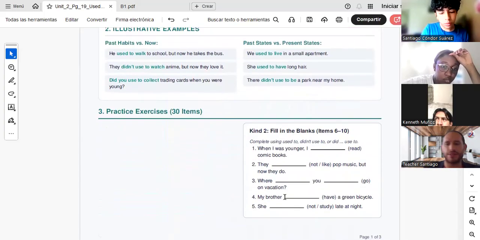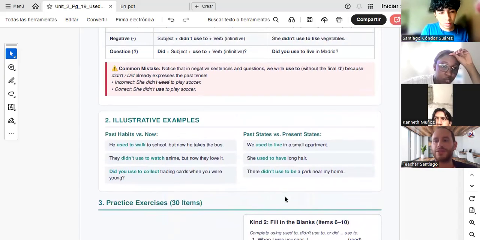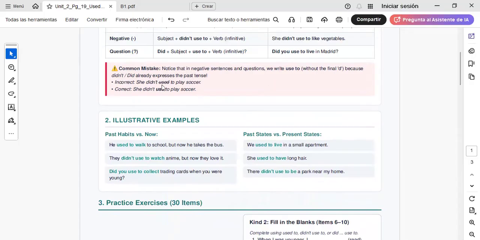So here we have some exercises, but I would like to try a writing exercise, okay? So in the chat, you're going to type 5 sentences telling us about things you used to do. Van a escribir 5 oraciones donde nos cuenten cosas que solían hacer, okay? I used to go to school by bus. I used to play with my friends. I used to play with dolls. I used to watch horror movies, whatever.